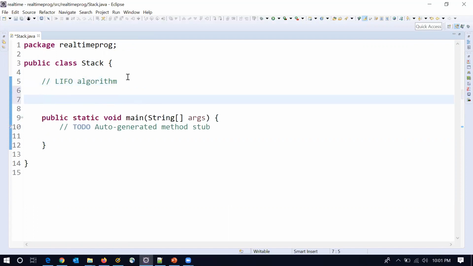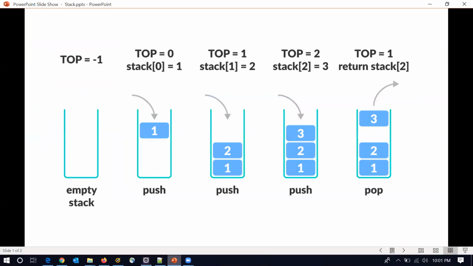First of all, if you look at the diagram here, if you want to implement the stack, initially the stack will be empty. Now we have to take one variable called top, and initially the value of top should be -1. Each time we add a new element, we increment the top position by 1 and push the element to the stack. Whenever we want to remove an element, we take the element out of the stack and decrement the value by 1. So let me write the logic here.